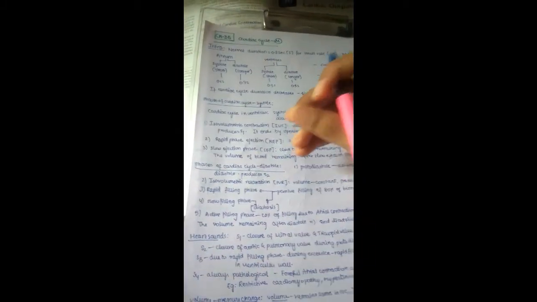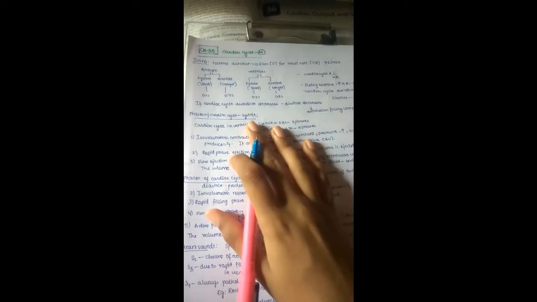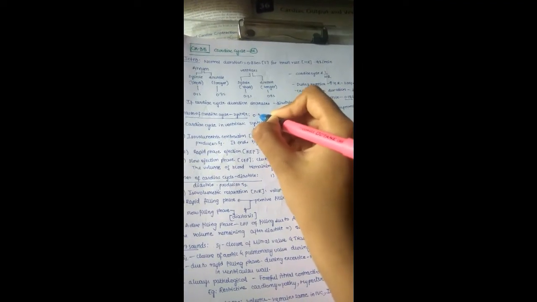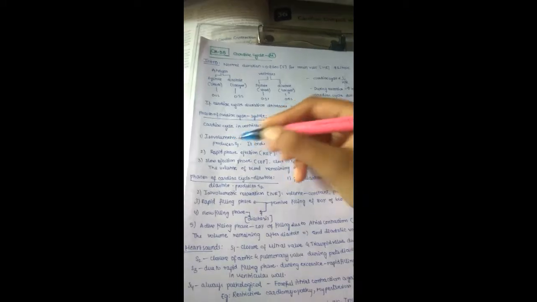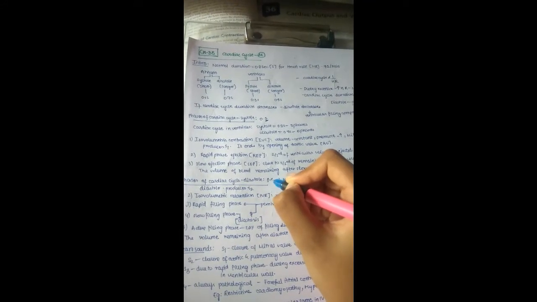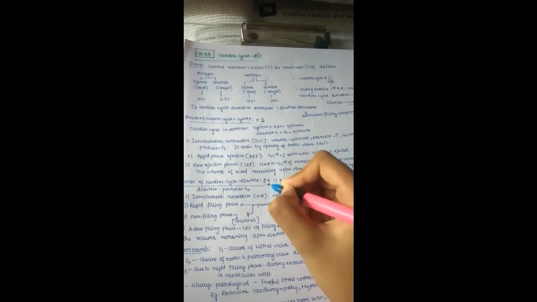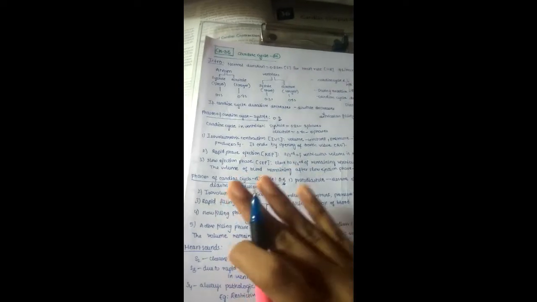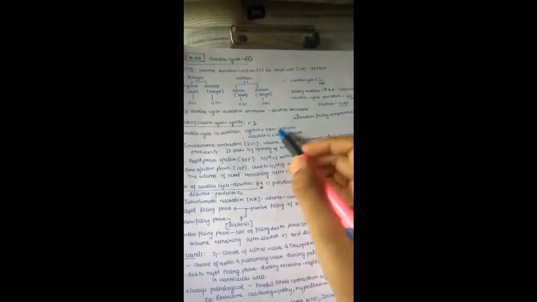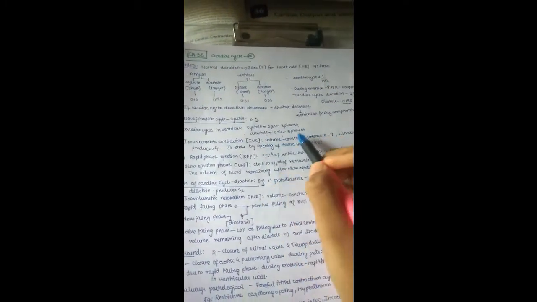Now let us see the phases of the cardiac cycle. First let us see the phases of systole, and next the phases of diastole. Systole in a ventricle lasts for 0.3 seconds, so you can remember the keyword three, because we have three phases in systole. Whereas in diastole, the total time period is 0.5 seconds, so you can remember five: five phases are there in diastole. This is an easy way to remember. So in the ventricles, systole is 0.3 seconds, so 3 phases; diastole is 0.5 seconds, so 5 phases.